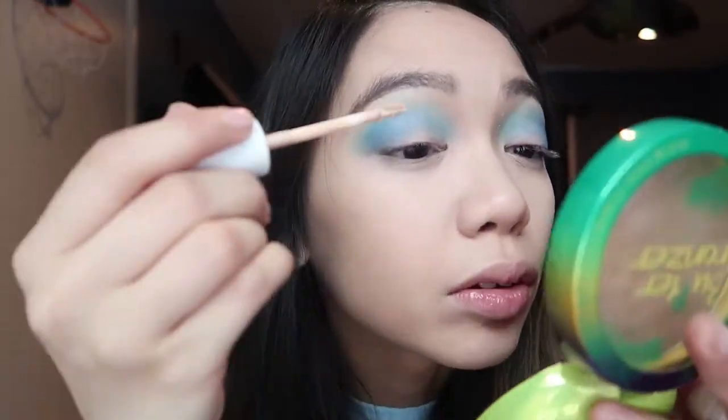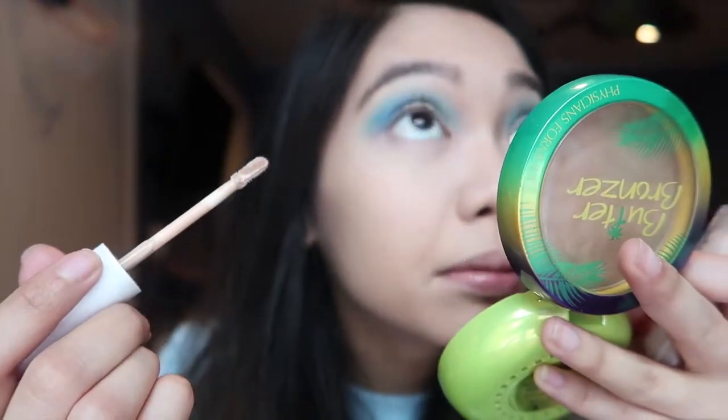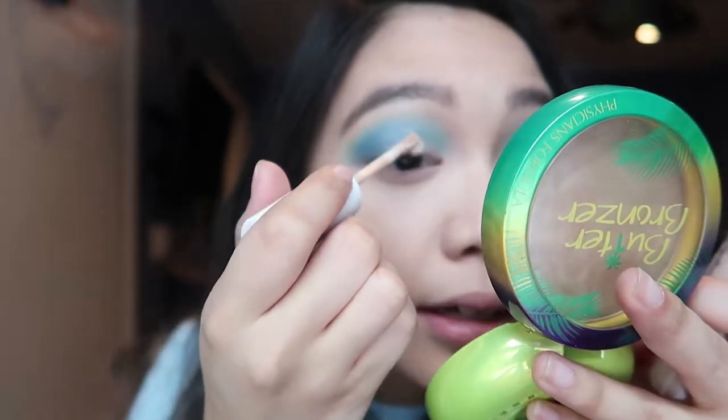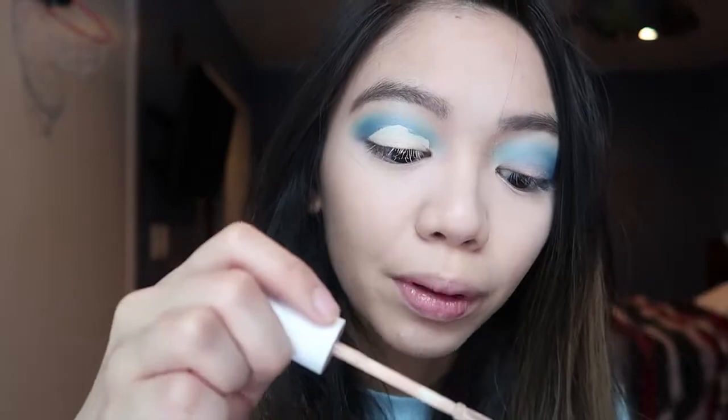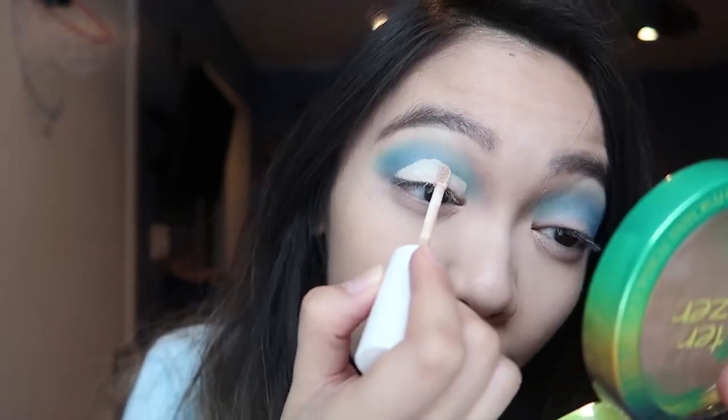Now we're gonna go and do my very first attempt at a cut crease. I'm gonna be grabbing the same concealer I used earlier, the ColourPop one, and I see people do this. So we just put it there first and then look up, and then that area is where the cut crease. I'm sure normal people will use more precise instruments, but I'm just...